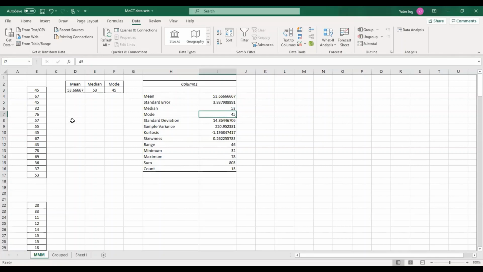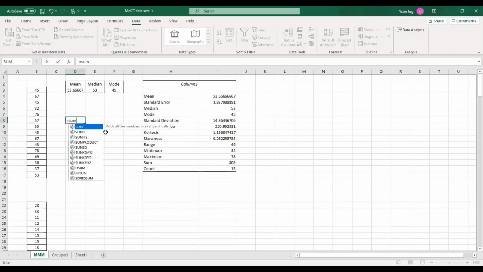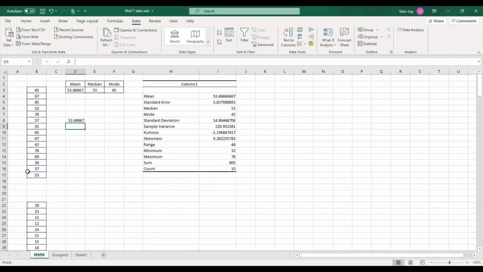And the third method is the actual formula. You can go for addition of all the values in case of mean. So SUM is the formula. So sum of all the values divided by number of values. So COUNT is the function. So count of number of values. That will give you the mean value. It will be the same value, but I'm just putting the actual formula of mean, like sum divided by count. So you can go for multiple methods. These two methods are prominent, using functions and using descriptive statistics.